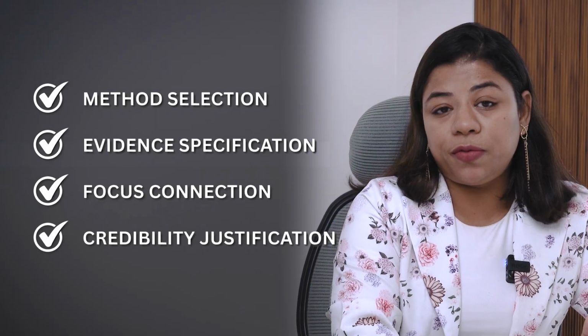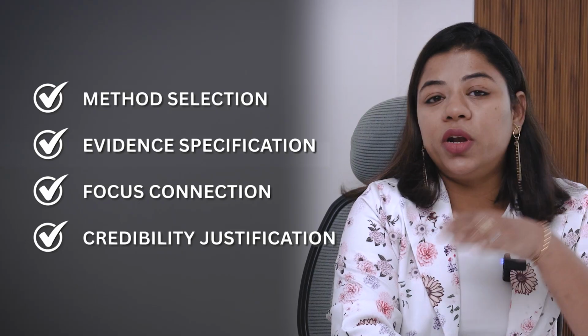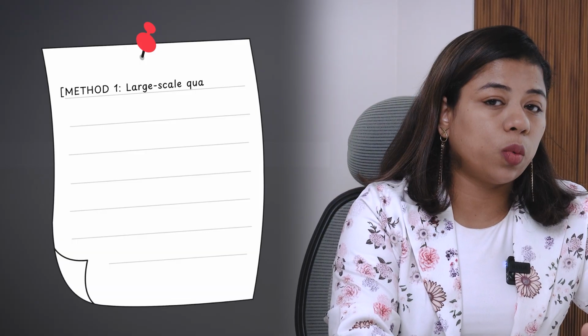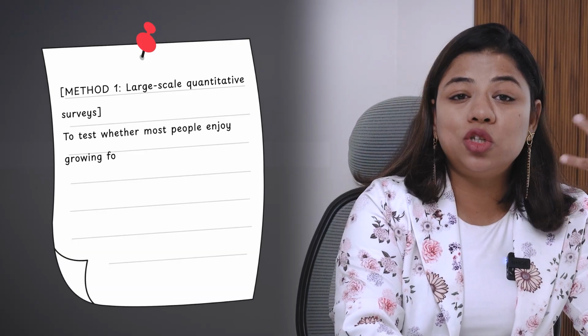The credibility justification, that is, explain why this method-evidence combination is reliable for this research goal. So here's how Marcus transformed his answer using this formula. Marcus's level 4 response was, to test whether most people enjoy growing food,